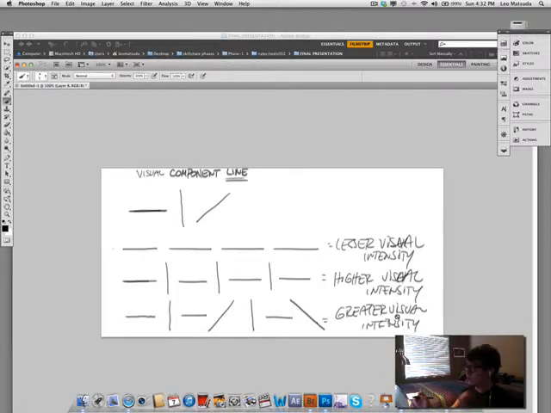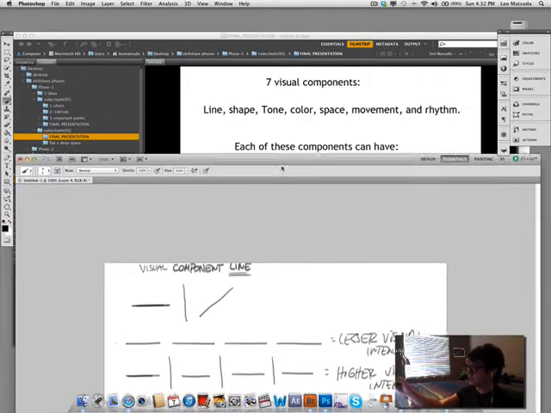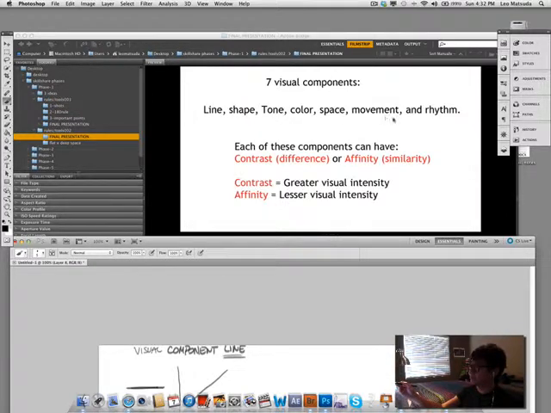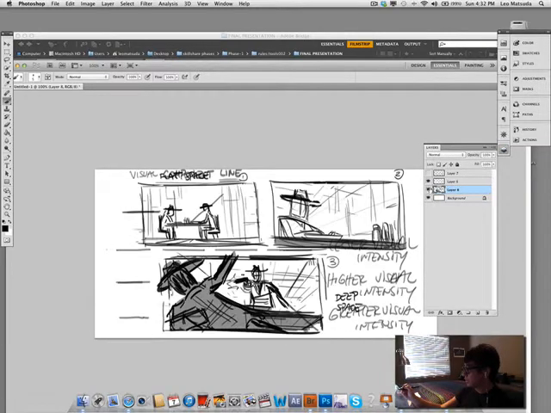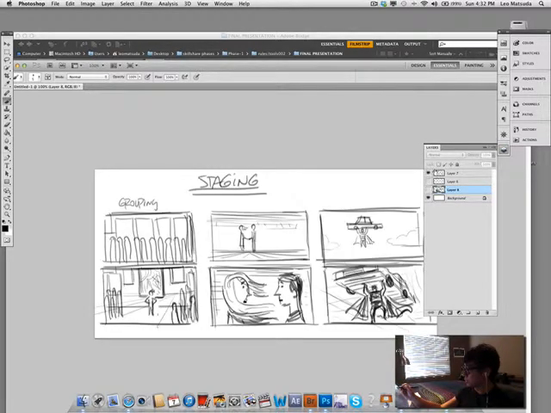And the more you vary those elements, the visual components, which are line, shape, tone, color, space, movement, and rhythm, the higher the visual intensity is going to be. So to share a few examples, I would like to show you